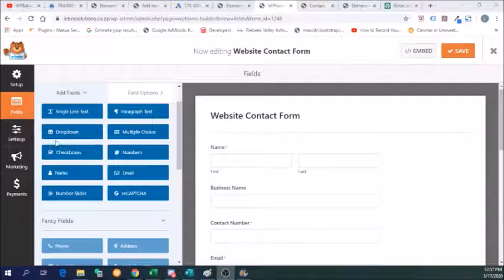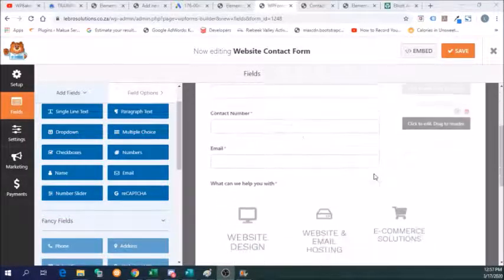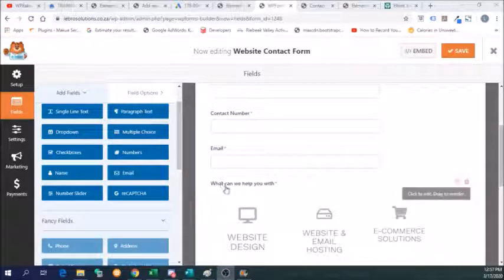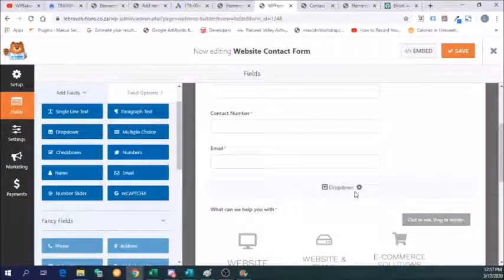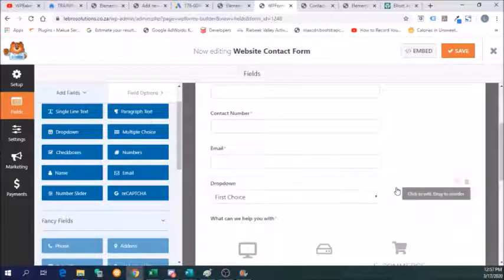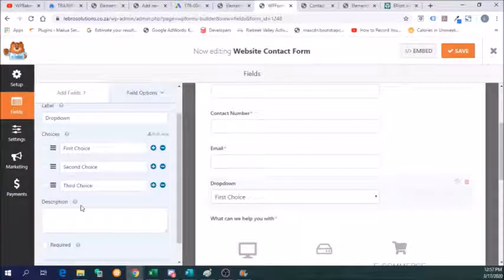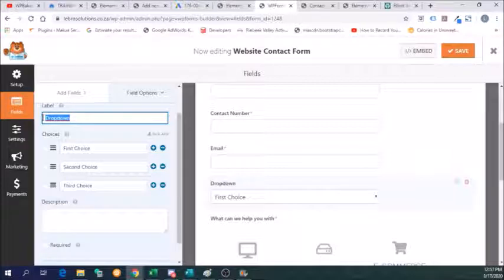Okay, so I'm going to show you how to put a drop down in. Decide where you would like to put it. So I'm going to put it over here just under email and before our picture selections. You click on the drop down and drag it to where you want it to be. You can see it takes a little bit while to load, and then I basically just click over here in the middle, which will bring up your choices over here. Let's say, for example, we want to ask them how many pages they would like. You just type in your heading, how many